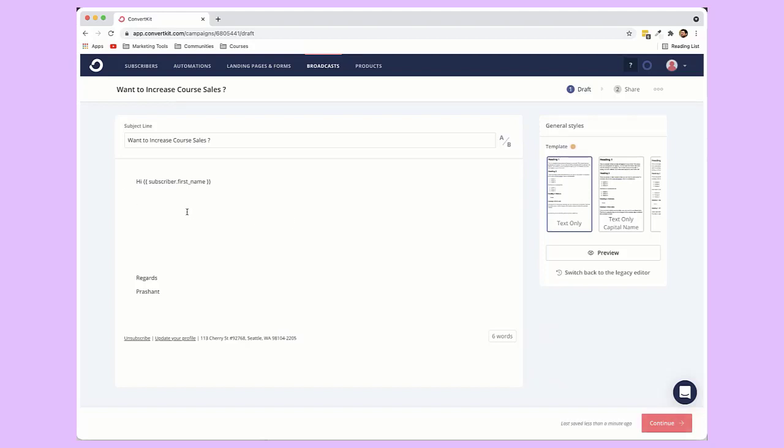So right now I'm in ConvertKit and I'm trying to send a broadcast email, and this is the email which I want to either exclude or include a particular zip code. So what I'll do is I'll firstly go ahead and draft my email, whatever I want to write, and then